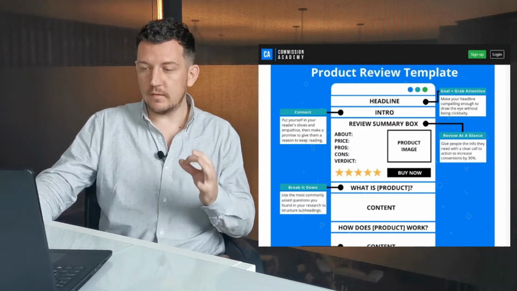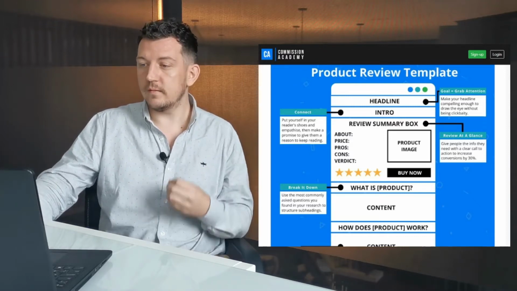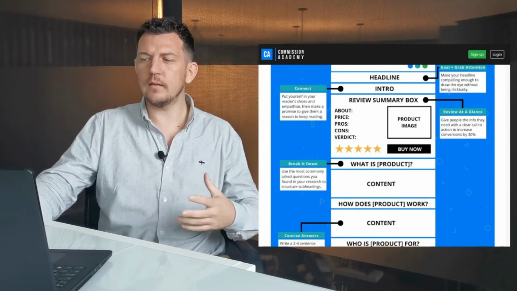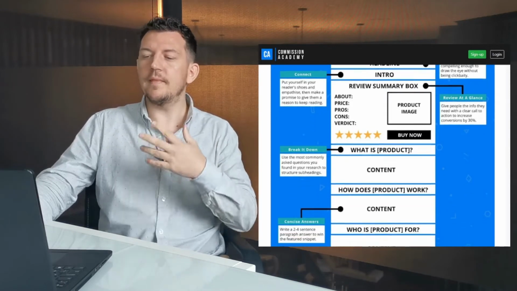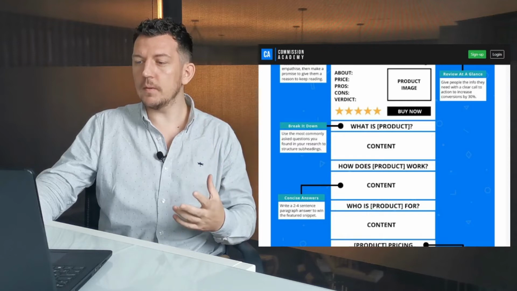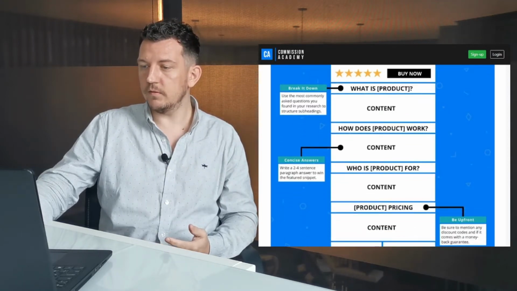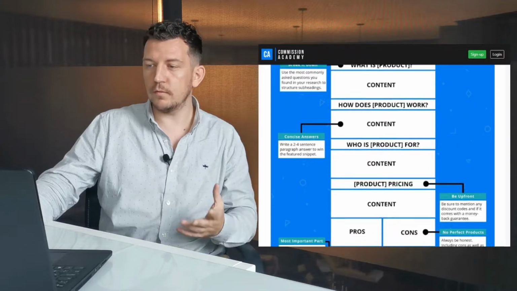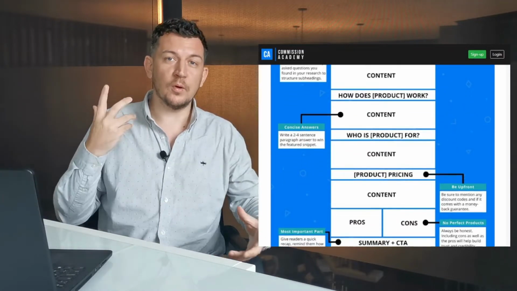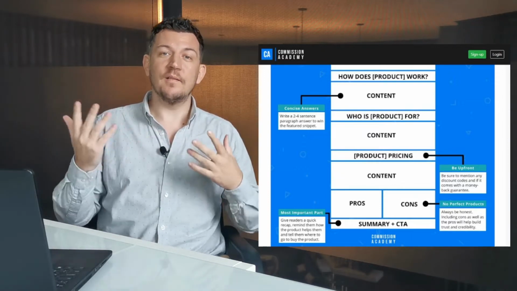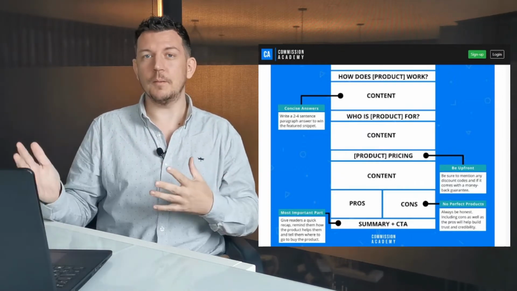There are core elements that I'm going to run you through. You start, of course, with the headline, and then an intro, and some kind of review summary. Then you go on to answer the most commonly asked questions, which we found out in the research phase. Once you've answered those questions, you end the review with a list of pros and cons of the product before finally giving a final verdict and a call to action telling people where they can